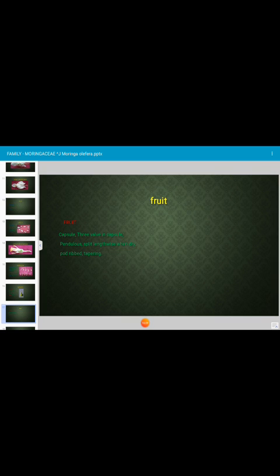This is about fruit. Which type of fruit occurs in Moringa oleifera? Generally we call it a pod, but it is not a pod. It is a capsule type of fruit. It is a 3-walled fruit. There are 3 walls in the capsule. It is an elongated capsule. It is also called a pendulous capsule because it grows hanging on the branches. The capsule is very long, elongated, and splits open lengthwise at maturity when it becomes dry.